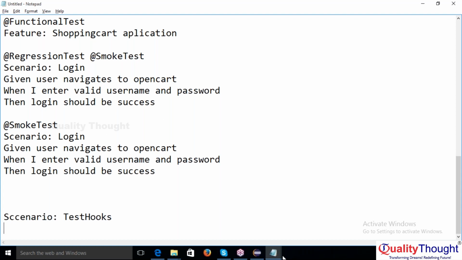Shiva, are the hooks only before and after, or can we use at the rate test also? Okay, only these three. Only these three, because at the rate method and at the rate class, everything will be considered as before and after only. Why? Because these hooks depend upon, if you see what I have done here,